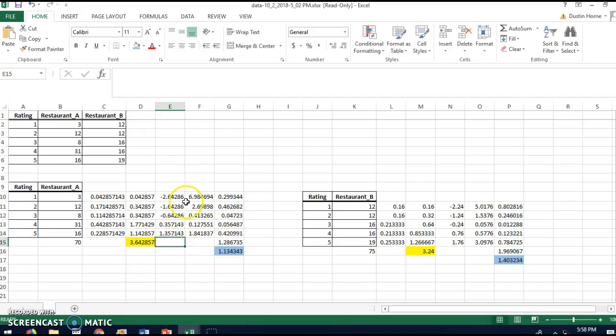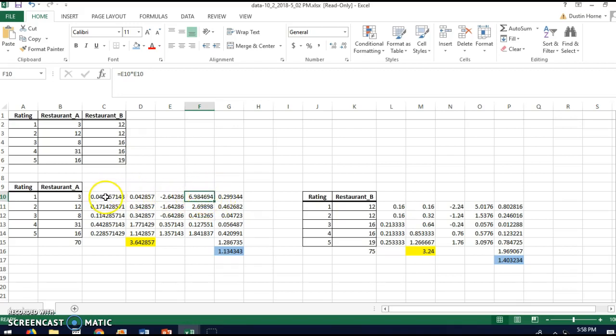Okay, so once you get the difference, you have to square all of these numbers. That's all this is, this number squared. So equals E10 times E10. When you square a number, you're multiplying it times itself. Then once you get all the numbers squared, you have to take the difference squared,